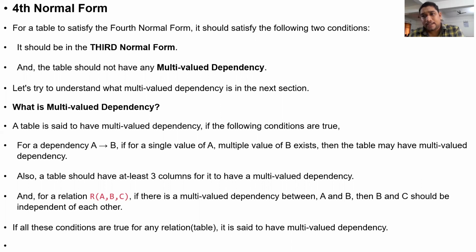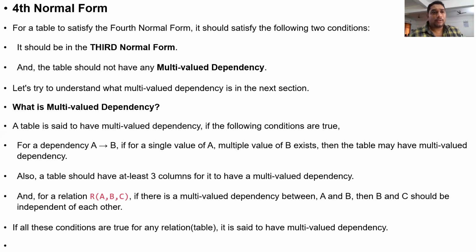So first normal form is atomic, second normal form is partial dependency, third normal form is transitive dependency, BCNF is super key, and the fifth one is multi-value dependencies. If these are present, then only we decompose the data. Partial dependency means decomposing the data, transitive dependency means decomposing the data, and not being a super key means decomposing the data. And finally, if it is a multi-value dependency or multi-value data, then we decompose the relation into sub-relations.